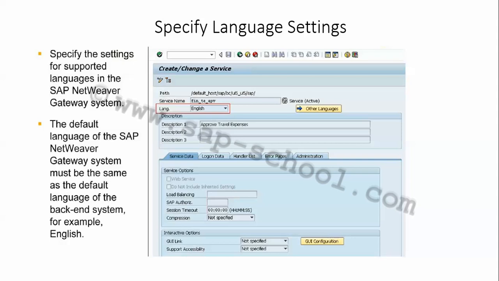After that, these are basically the steps involved in the configuration of my SAP NetWeaver Gateway. Now, once the SAP NetWeaver Gateway system is installed and configured, the next step is the configuration of my central UI add-on. In that, we first have to configure the SAP Fiori Launchpad.